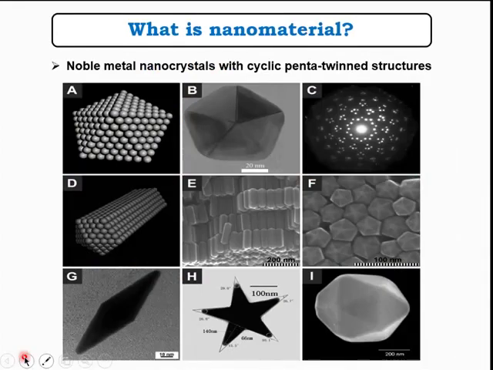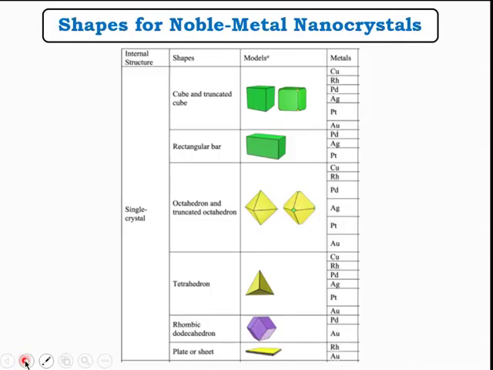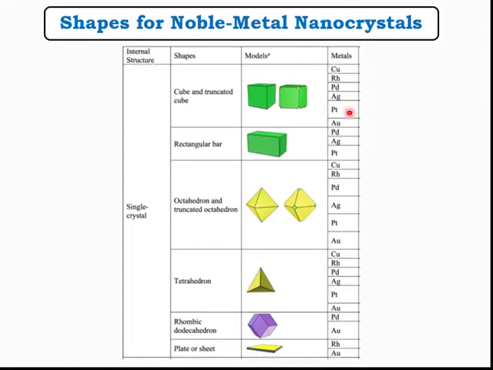There are various other shapes that lead to nanocrystals using noble metals, and you can see very fanciful structures that have been generated by researchers from different countries. When we talk about noble metals, these are metals like copper, silver, gold, platinum and rhodium. The metal plays a very important role in providing a different shape, and that is what the researchers worked on. It should be pointed out that the presence of a capping agent